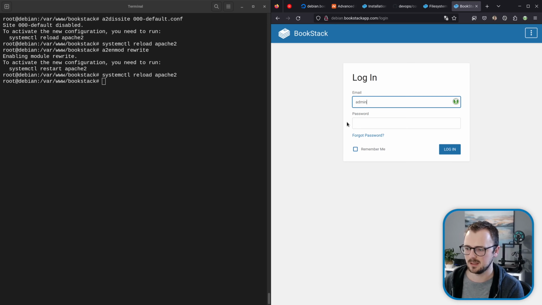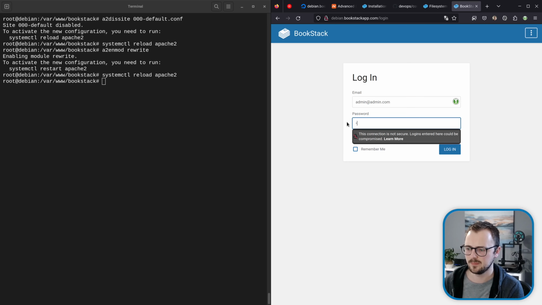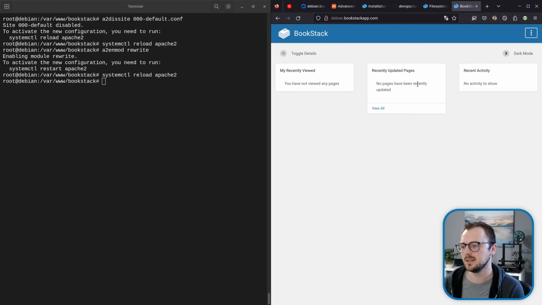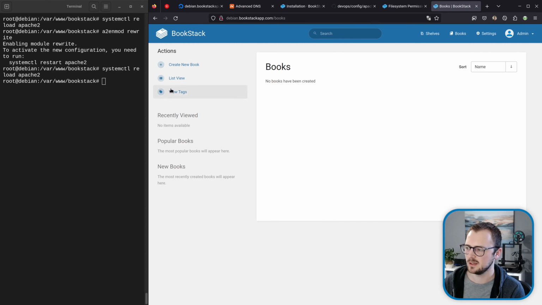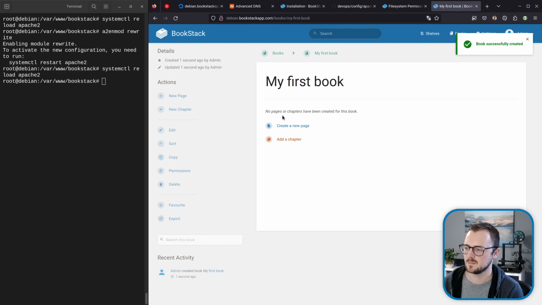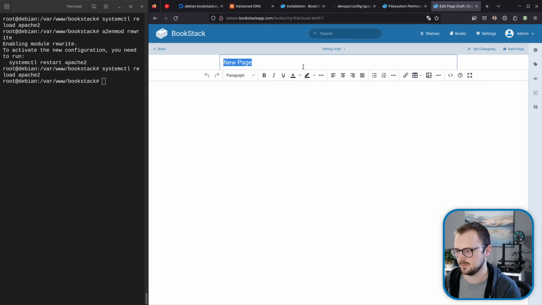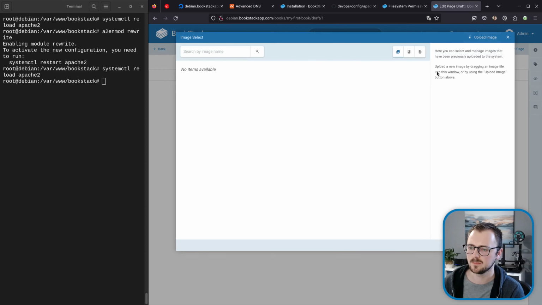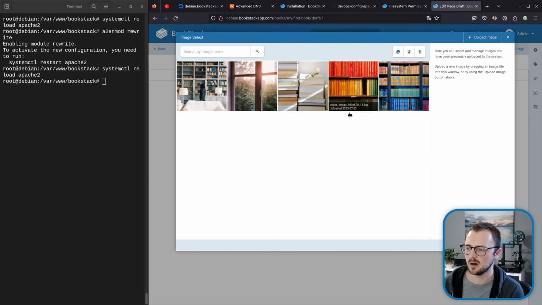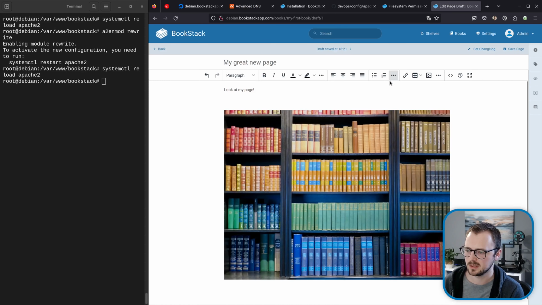So, admin@admin.com, password. And it looks like we're into the system. So if I just widen this, and I'm just going to test a few things. So I'll create a new book. I'll create a new page. And I'm going to upload an image just to make sure the image and file uploading is working okay with this system. There we go, I've uploaded 5 different images, and let's put one into the document to make sure